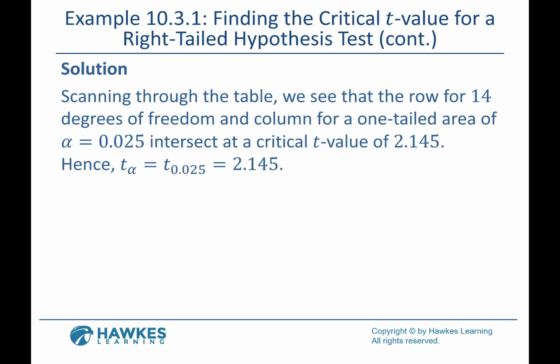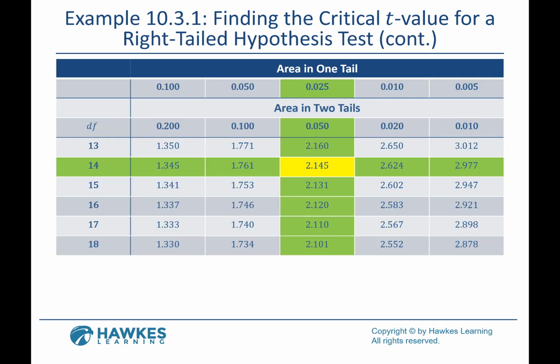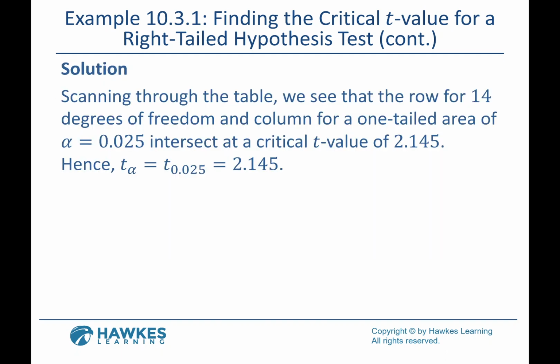So all we're doing, I want 0.025 in one tail, because it's right-tailed, one tail, 14 degrees of freedom. So our critical T is 2.145. So if we were actually doing the hypothesis test here, okay,